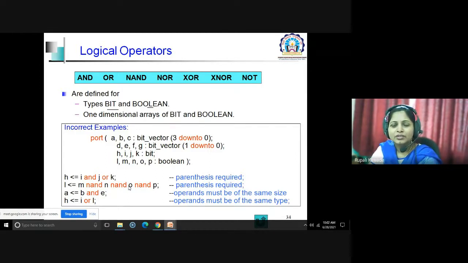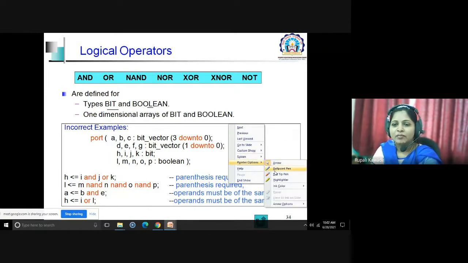We can make use of these operators if we have to write boolean expressions, right? AND, OR perform basic logical operations, and these operators are defined for the types bit and boolean, right? Bit and boolean.